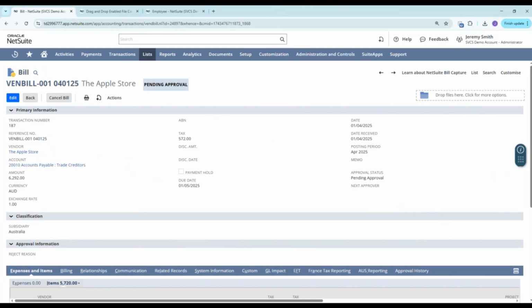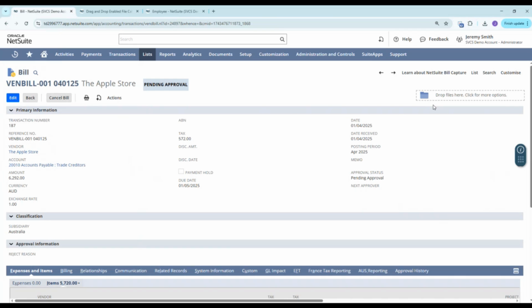And let's now go to a sample transaction or record because once we installed and set up the feature or the bundle, you can access the drag and drop feature across multiple record types, including customer, vendor, employee, and transaction records such as the vendor bill. Once we open this record, since the vendor bill is still pending approval, sometimes it is beneficial for the approver to see the attachments pertaining to this vendor bill.